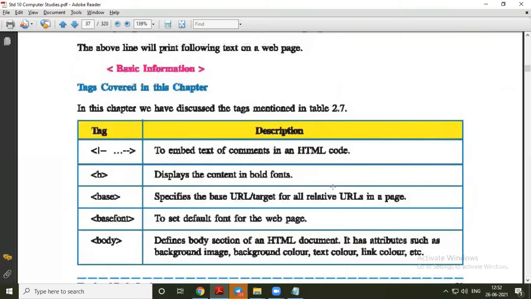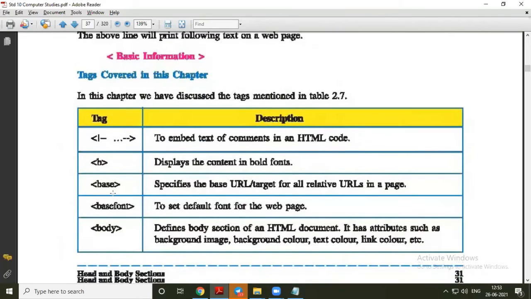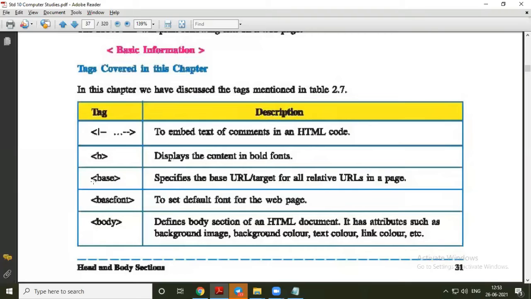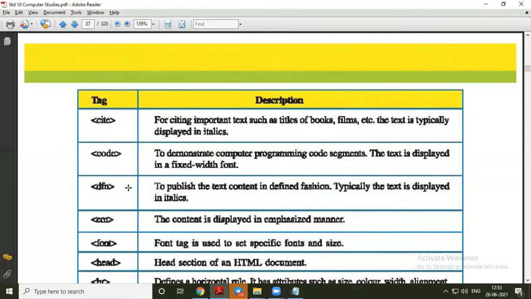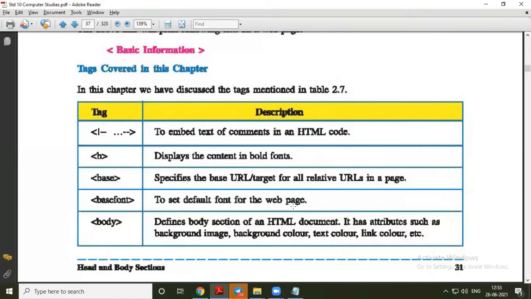Now this is the summary of this chapter. What we have learned: this is a comment, exclamation sign, two hyphens, and then closing that comment with two hyphens and the greater than sign. Then this is the bold tag to show content in bold. This is base, the base URL, which specifies the base URL target for all relative URLs. Relative URL means whatever external files you have included in your page. For all those URLs, there is one base URL that we are specifying here. Then basefont sets different types of